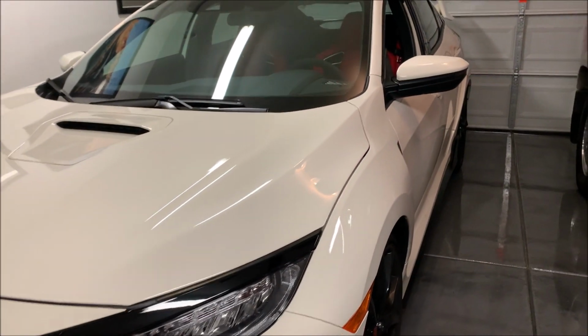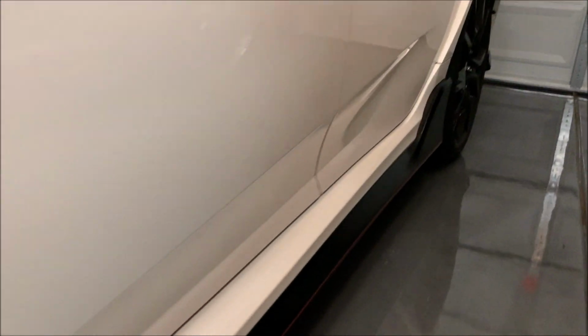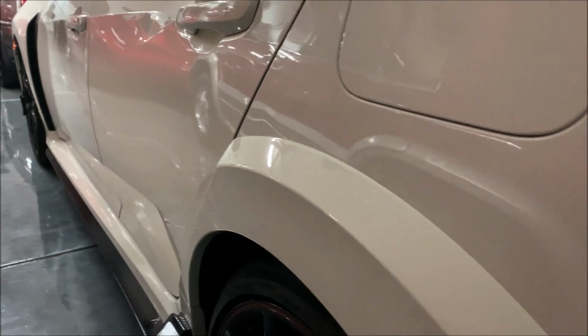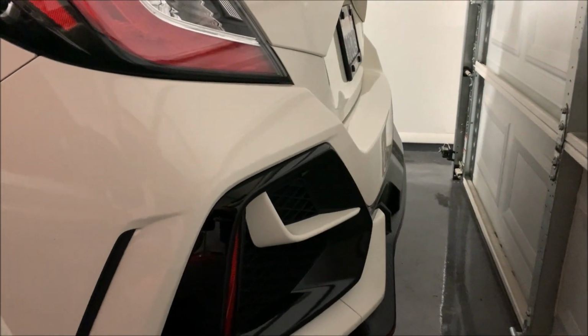The car has a lot of good aero stuff going on. You can see the carbon fiber treatment that runs all the way down. Sorry, the car's got a little bit of dust on it, but these little sort of winglets that pop out here forward over the rear wheels. Obviously, all this bodywork here with the flared fenders is Type R specific. And then we have a bunch of stuff going on back here, including